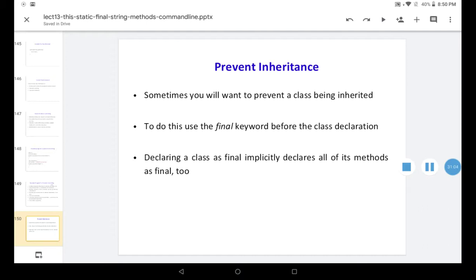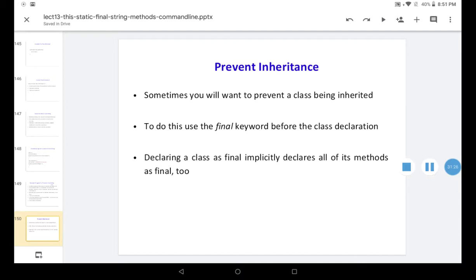If the class is restricted, all the members of that class are also restricted for further inheritance. So to prevent inheritance, use the final keyword before the class declaration.